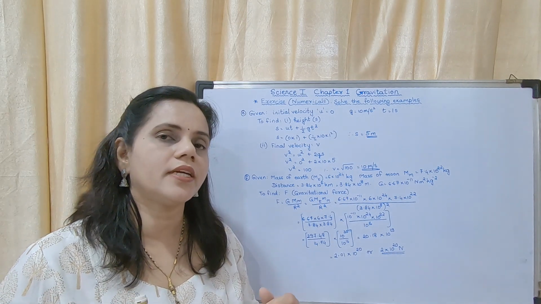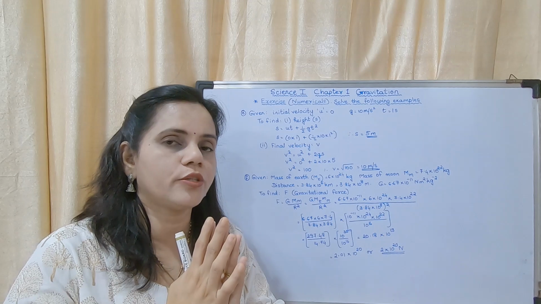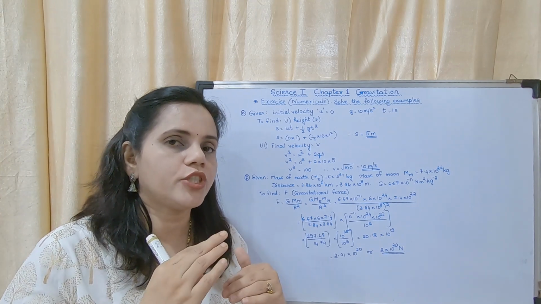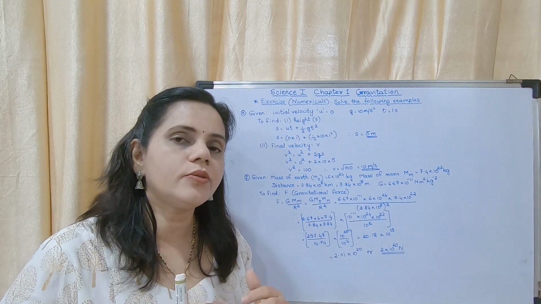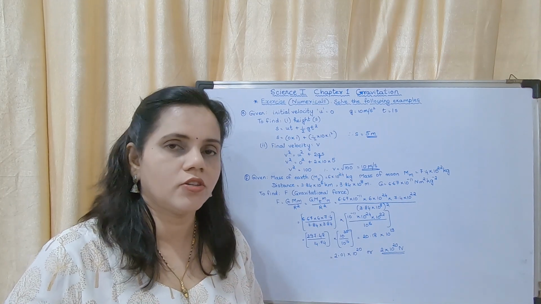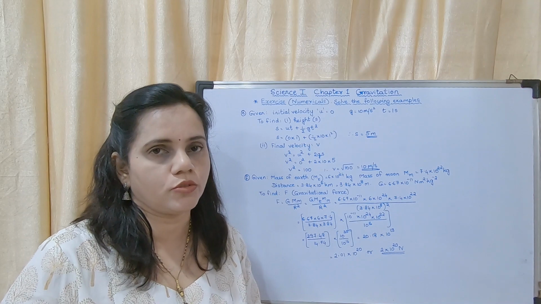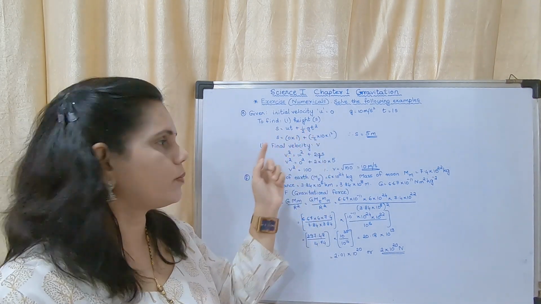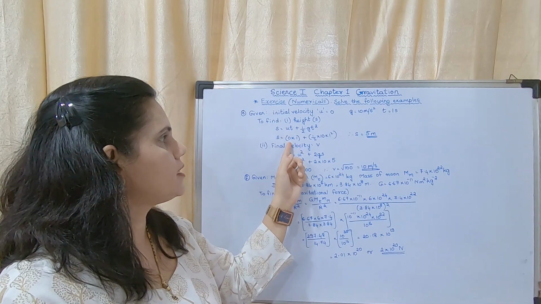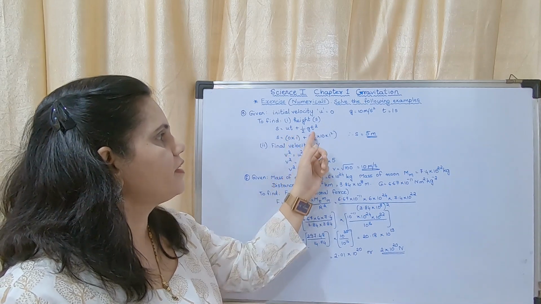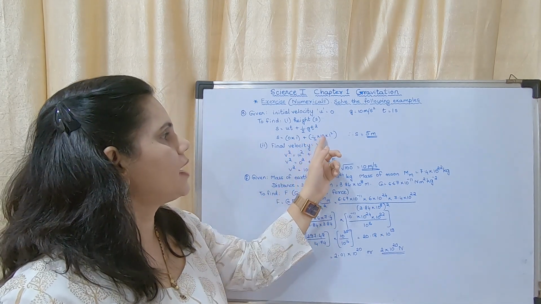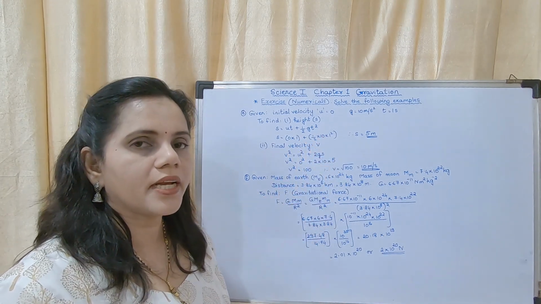Whenever you do a numerical, first all the formulas should be there in your mind, and you have to see whether it is an upward motion or a downward motion and use the three equations of motion accordingly. Now here s is equal to ut plus half gt square. S is equal to u is 0, t is 1, half, g is 10 and t square. Now calculating, 2 and 10 will get cancelled, it will become 5.